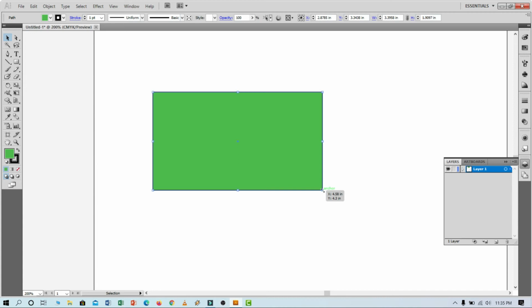A new layer will be added on the layer palette when you click the create new layer icon below the row of the palette. Here is a button for create new layer. If I click here, a new layer will be created. Here layer 2 is created, and after selecting this layer 2, if I make a circular object,